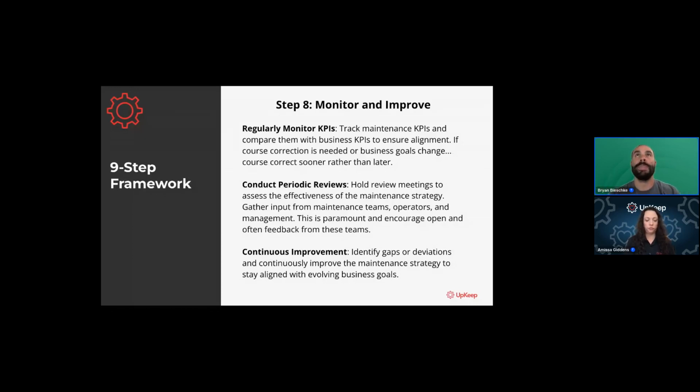It's course correction. So we want to monitor our KPIs. We want to track them, compare them with the business, and ensure we have alignment there. And we need to course correct if needed. Course correct sooner rather than later. I'll say it again: course correct sooner rather than later. The more data you're pushing into your system that is not valuable, you can't really take it away, right? And doing mass changes to those past things is also a super pain. So be in tune with the business, with the operation, with all these different interdepartmental things. When they see changes in there, review how they will affect your KPIs from a maintenance standpoint and course correct soon.